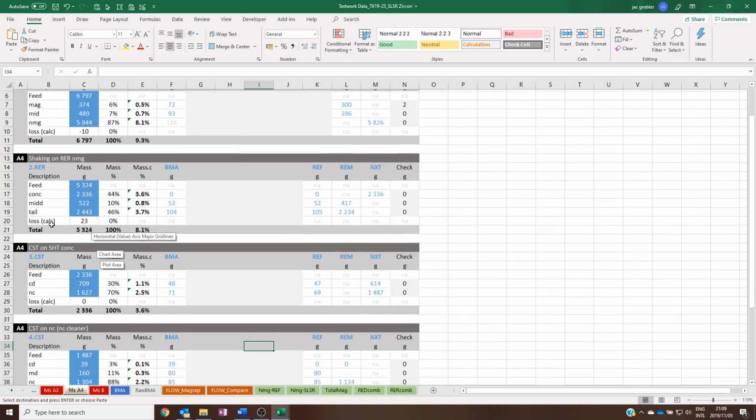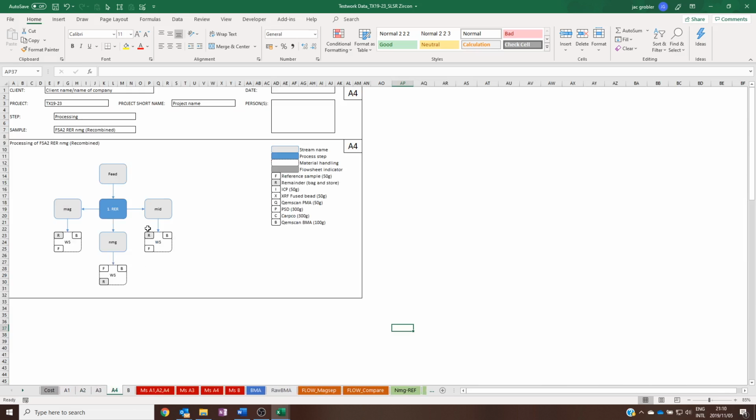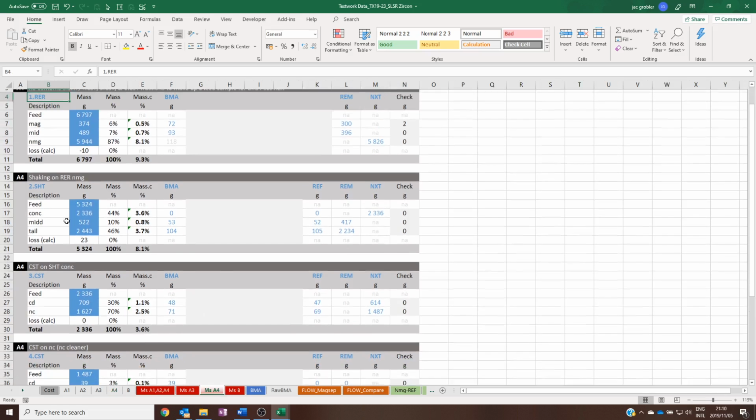If we scroll down here and we look at A4, it says recombine all of this to make up a sample for a second pass RER. So the RER was done, and then there was a shaking table, so just a few corrections here. So this then is shaking table there, SHT, it's not a rare earth roll, and it is then 2 shaking table because one was RER. So if you go back to the flow sheet and say, right, this flow sheet A4 doesn't represent the mass flow, but for now we're going to just ignore that and say, all right, let's proceed then to say, right,